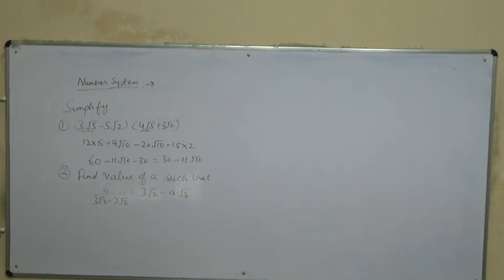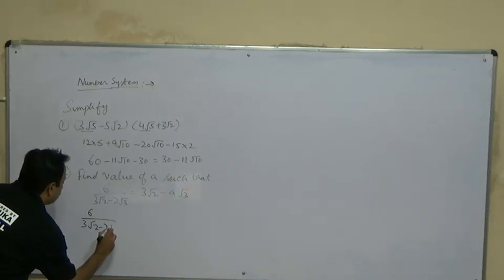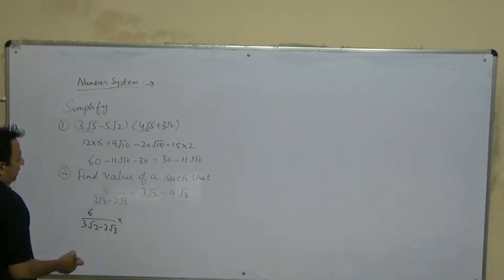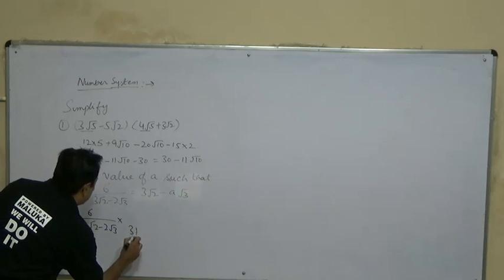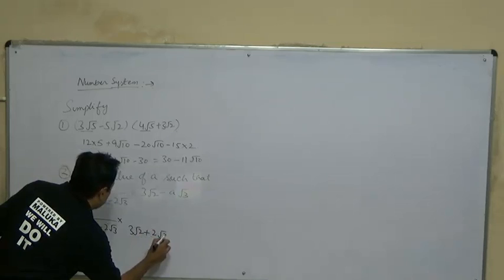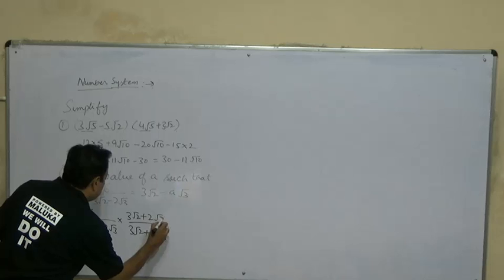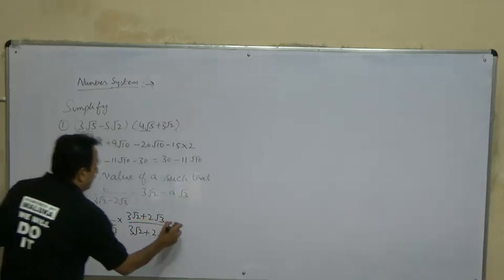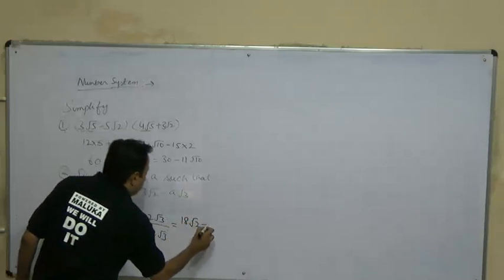So for simplification what we have to do? We have to rationalize the denominator. So this is 6 upon 3 root 2 minus 2 root 3. Its rationalization factor is the same thing, but here it is negative, we will convert this to the positive sign: 3 root 2 plus 2 root 3 upon 3 root 2 plus 2 root 3. Now this comes to be 18 root 2, 12 root 3,